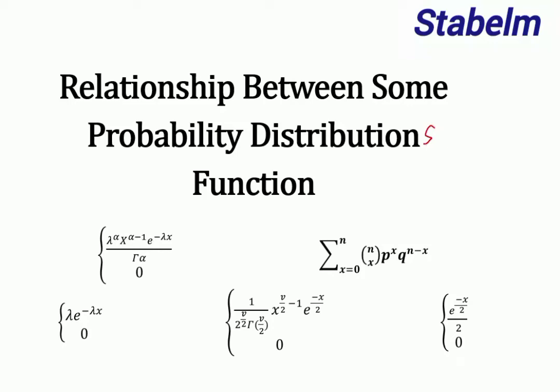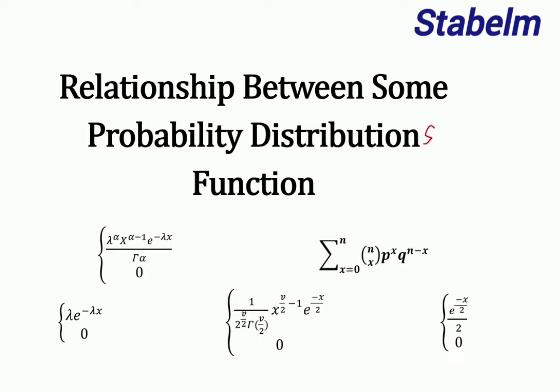this week. Now, as you can see on the screen, we have this distribution here. You can call it gamma. We have this distribution, you can call it binomial. We can lead to exponential. We have a chi-square, and we have this one. So we'll be looking at the relationship between all these